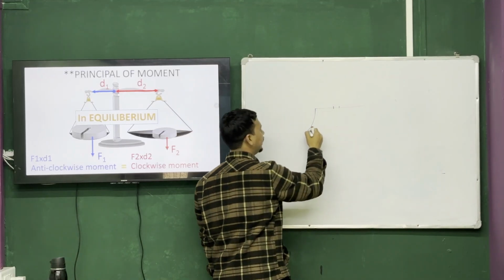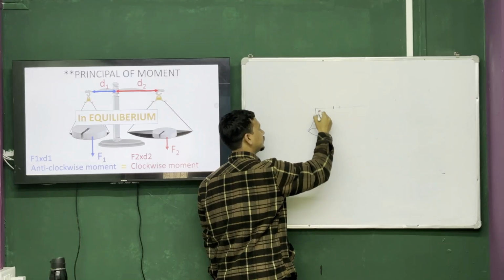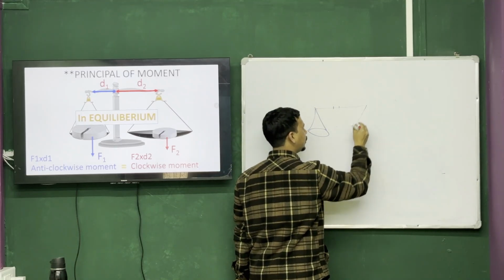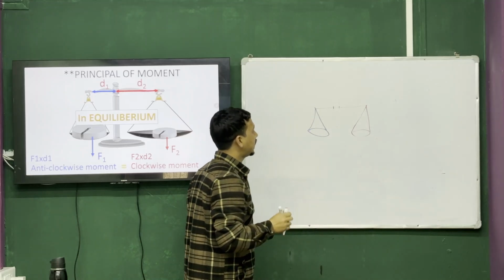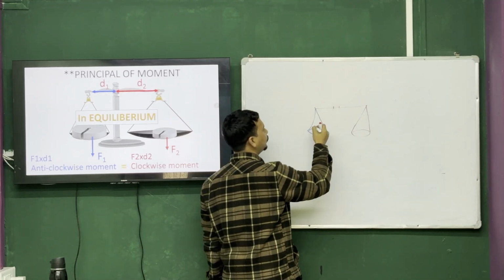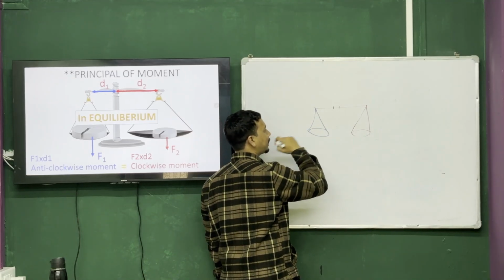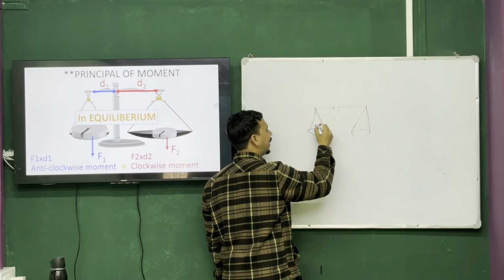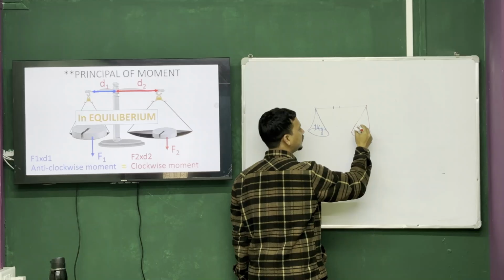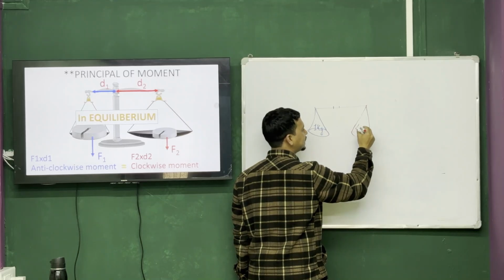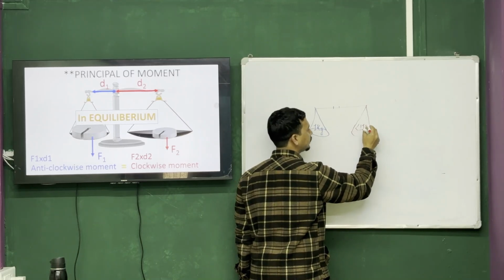Then let's say you have the pan balance of the same mass. You know, a normal eye will not be able to detect it. Okay. Now let's say that you put the weight on this side. Let's say you put 1 kg here. Okay. And here let's say you put less than 1 kg